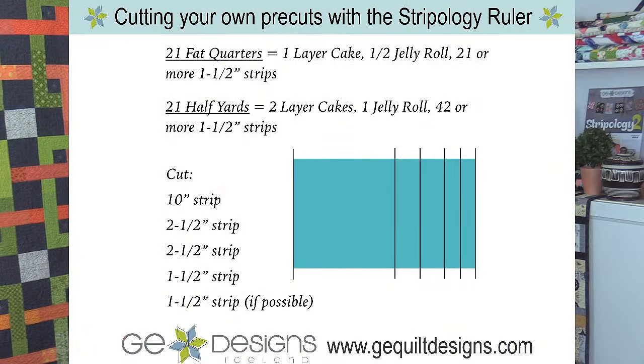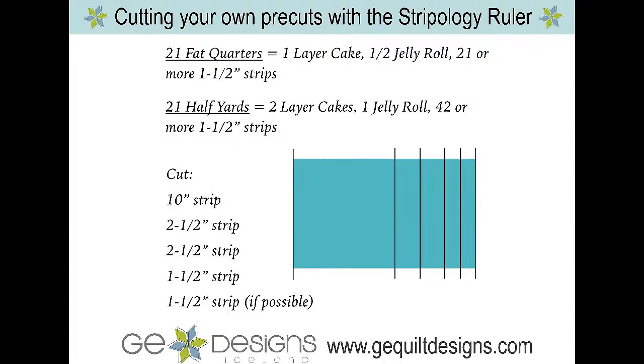This is the little image that we've used, and you can find it under that same link with charts and templates. So let's put that one up. This is usually how I cut things up if I just want a variety, so that I get a 10 inch strip, 2.5 inch strips, and then usually 1 or 2 1.5 inch strips.